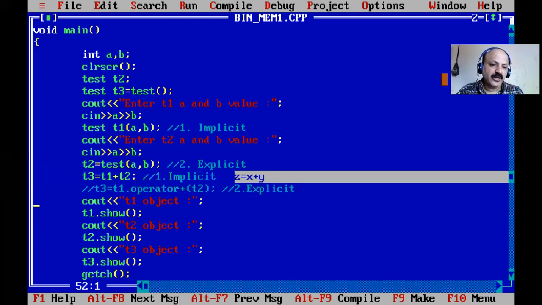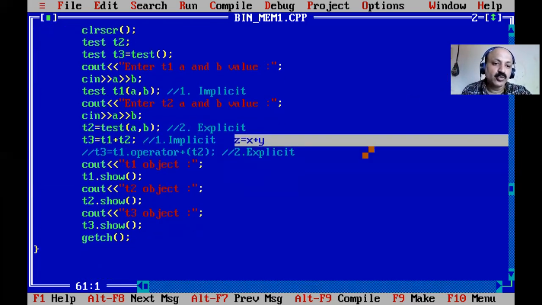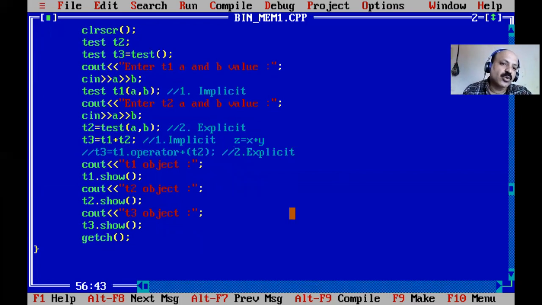So with operator overloading, I think you have a clear idea: giving new meaning, new tasks and new behavior is called operator overloading. That is only a one line definition of operator overloading, but that does not mean that we can change the precedence and mathematical rules. Multiplication and division have the highest priority before addition and subtraction. That precedence rule applies in any statement. First priority is multiplication and division, second is addition and subtraction, and third is the modulus division operator. Then left to right, right to left, that is known as the associativity rule, which is also not changed. So we cannot change the original mathematical rules.